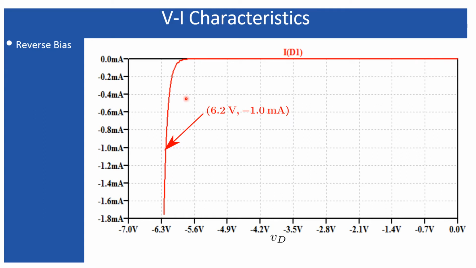First, the 4148 is a silicon diode. For a silicon diode, the breakdown voltage in case of reverse bias has a very high value. For a 4148, that is around 280 to 300 volt. But for a Zener diode, the breakdown voltage is comparatively much smaller. You can see the breakdown voltage is around 6.2 volt for the Zener diode I have used here.